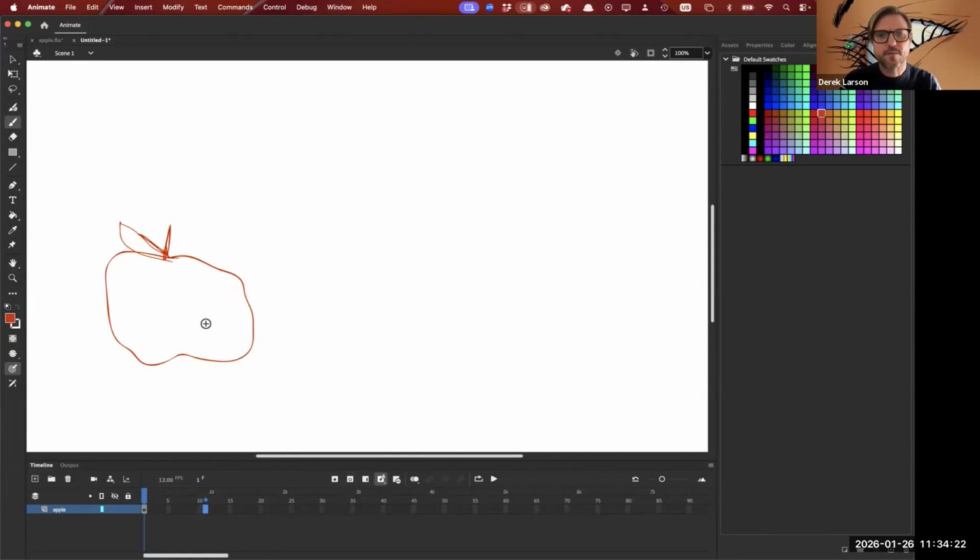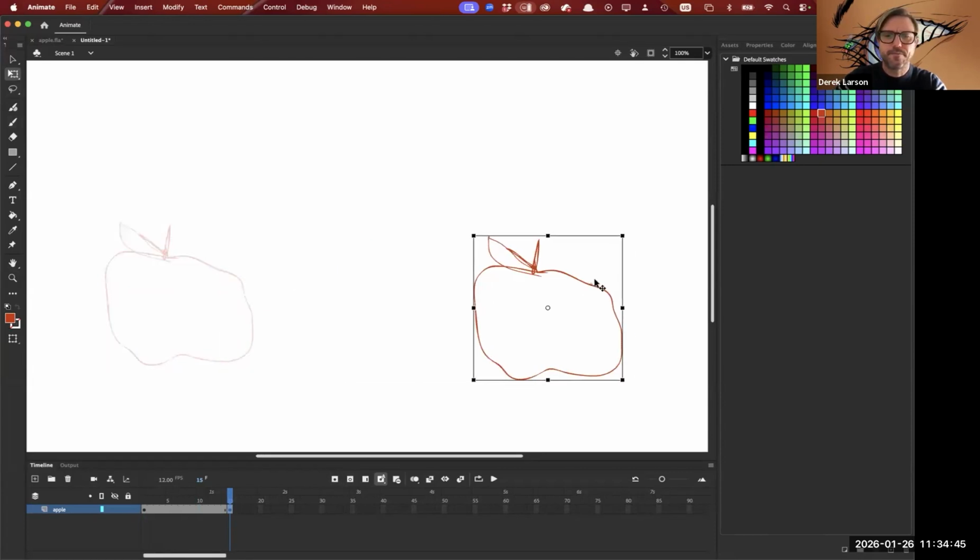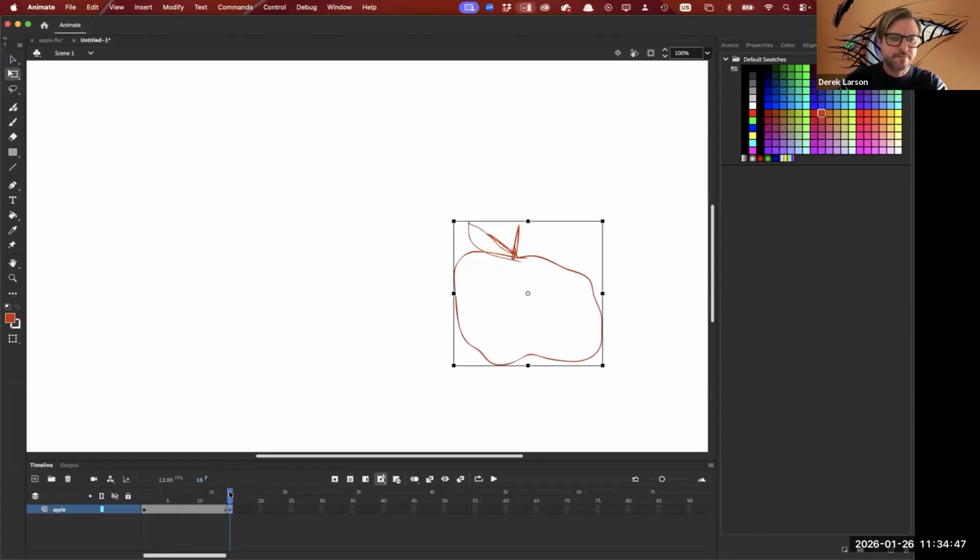So if I want to move this apple, say, from left to right in about 15 frames, if I insert a keyframe, it preserves that drawing, right? So let's say in 15 frames, I move it, and then let's say